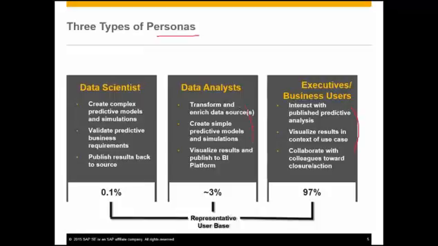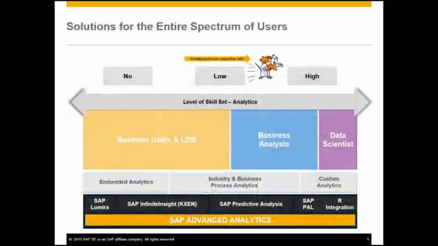Then these are the ways that you will be using analytic applications. And then finally, 0.1% will be data scientists. So understanding the three types of personas will help us better understand